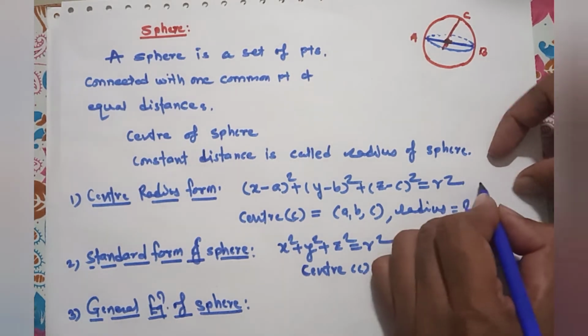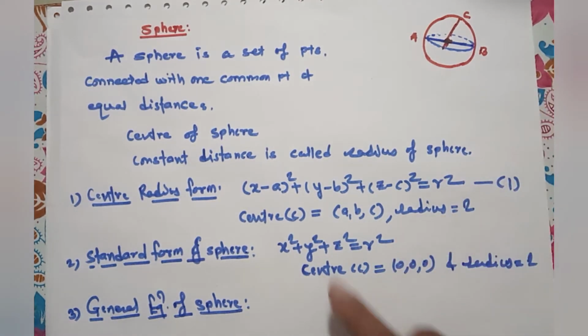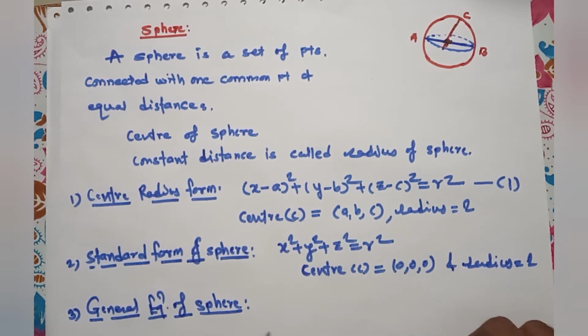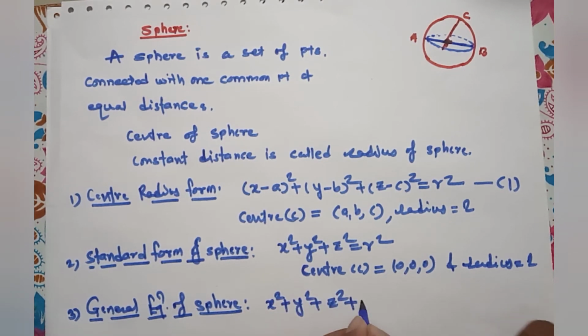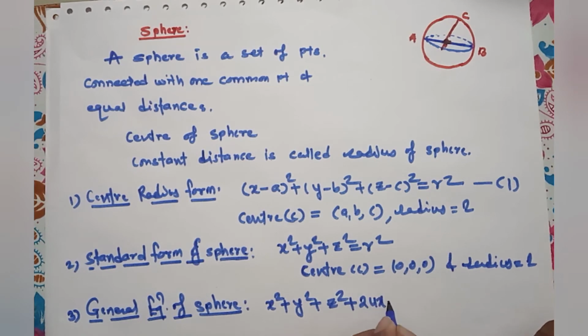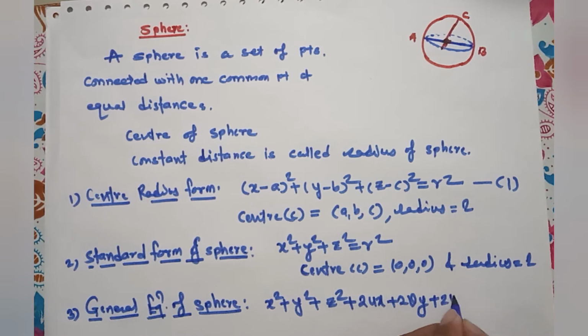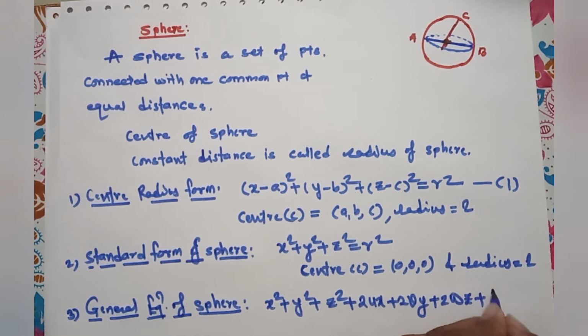If we simplify equation 1, then we get x square plus y square plus z square plus 2ux plus 2vy plus 2wz plus d equal to 0. This is the general equation of the sphere, having center